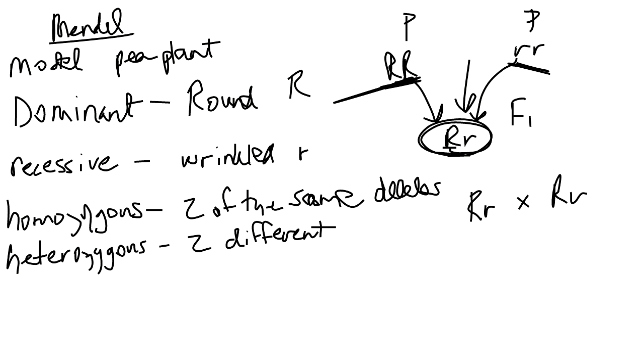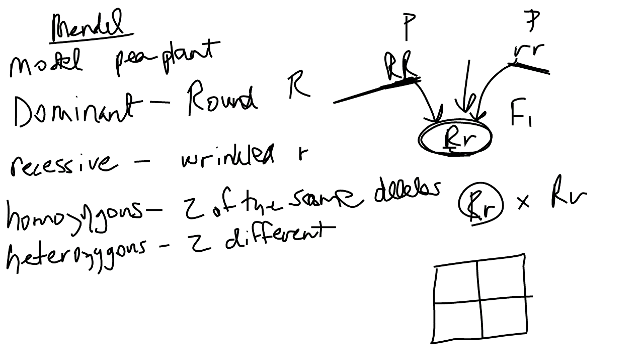Now we're going to need to set up a Punnett square in order to do this cross. Okay, so with a one trait cross, your Punnett square needs to have 4 boxes. Let's say we're going to take this parent, and we're going to figure out what possible gametes this parent can produce. So a gamete, which is either sperm or egg, has gone through meiosis, right? So the gamete has half of the genetic material. So the gamete is either going to get this big R, or it's going to get the little r, but it will only get one.